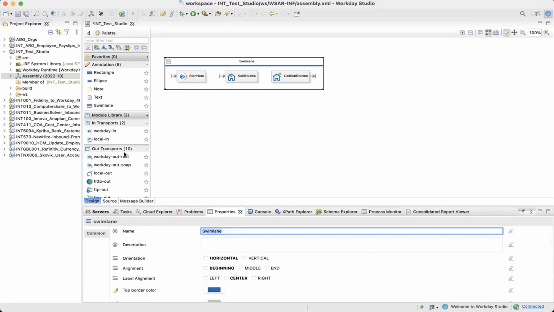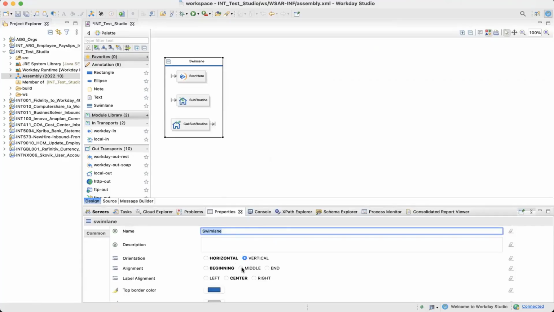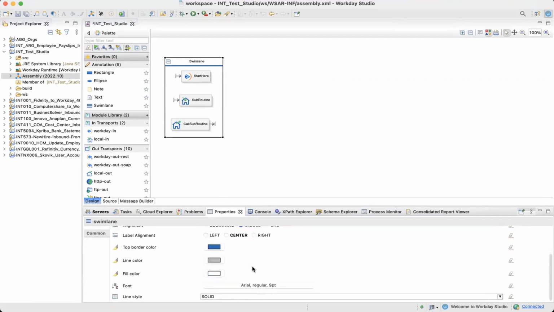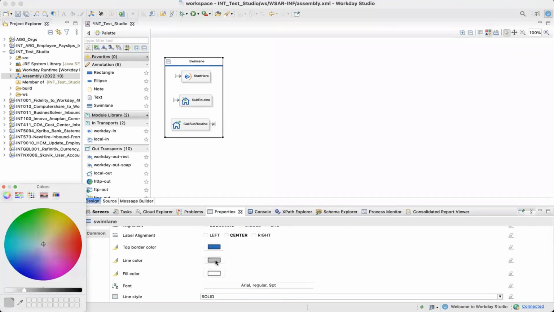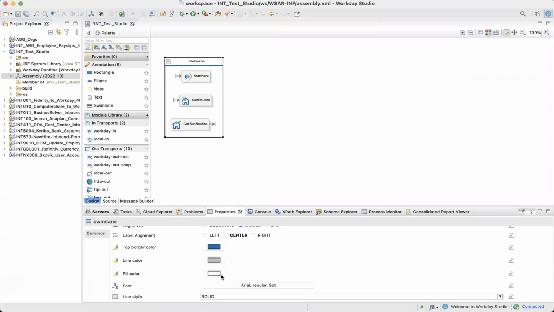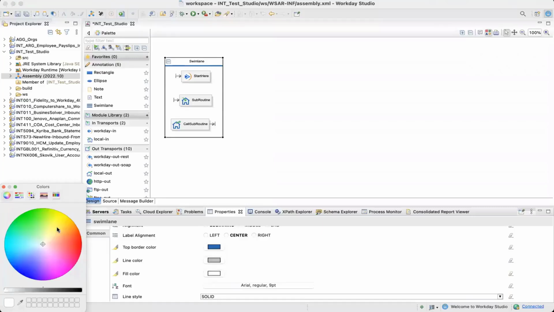By default it is horizontal, meaning any component you drag and drop in a swim lane will go horizontally. But you can change it. You can do a vertical one, right, and alignment again. You can change the medium one. Plus you can fill colors also. Close that fill color. I will choose this one. Select.